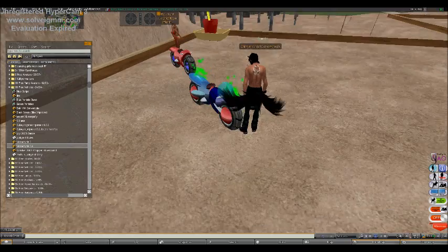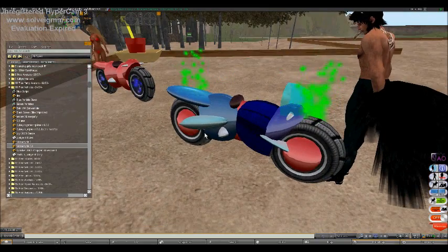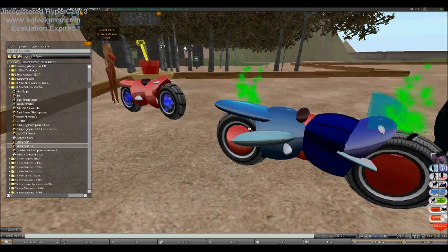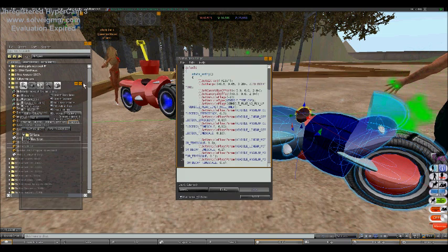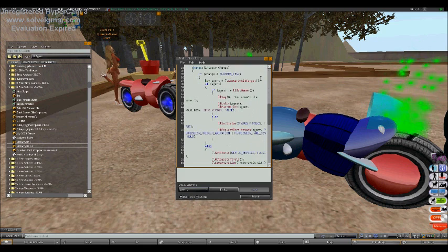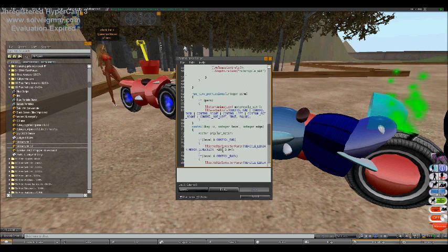But this is another prim vehicle. It's made out of the simple building blocks. A lot of spheres, it looks like, were used to make this, and it looks like they used a couple of tori for the wheels. But these bikes have crazy speed, and actually, let's see, if you go into the contents and bring up the script by double clicking, just scrolling down to the vehicle speed. Okay, it's set at 200 miles an hour. That's why we're flying all over the place. If we were to change that to a more reasonable, let's say, 25,